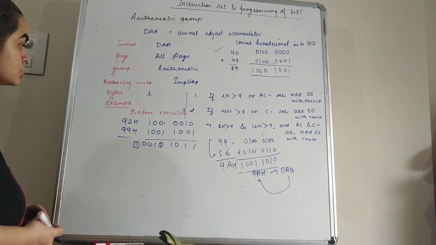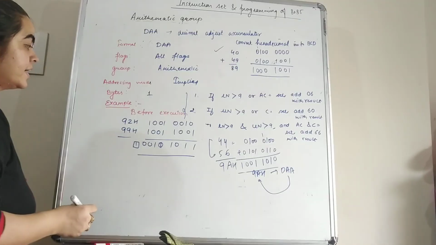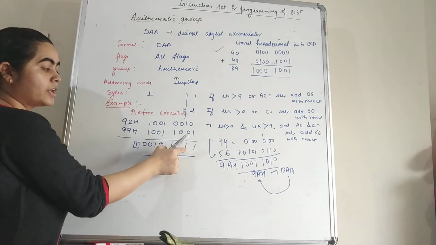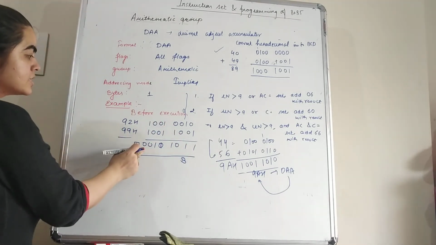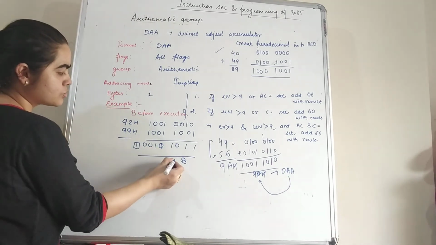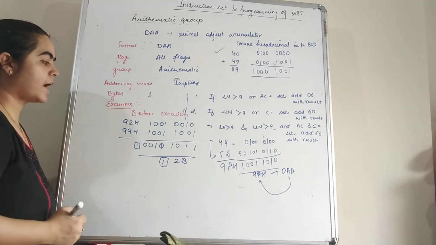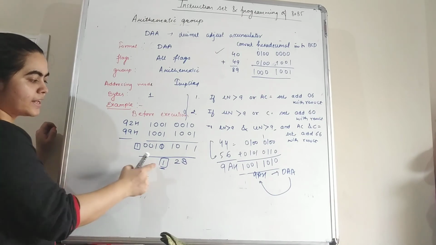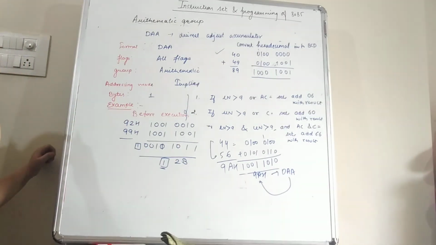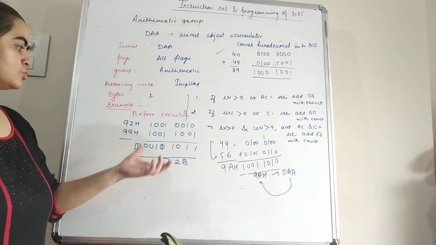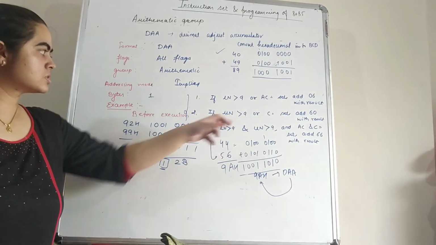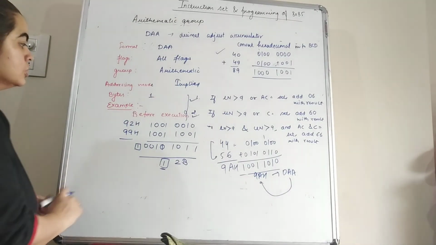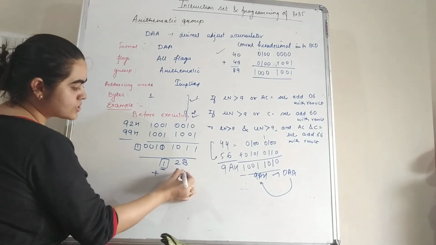So the result is 100101011. Now students, this you can write as 1011, that is 8, 9, 10, 11. So 11 you can write as B. Then 0010 is 2, and this is a carry, that is 1. Now here in this result, the carry is present, as well as B, that is greater than 9. So that means carry is generated. So the second condition is also there, and the first condition is also there, where the lower nibble is greater than 9. So initially you can add 06 with the result.